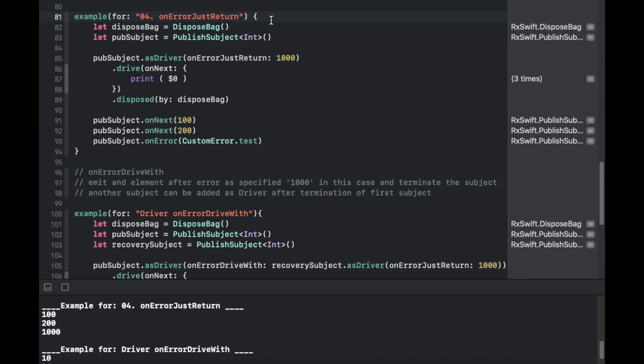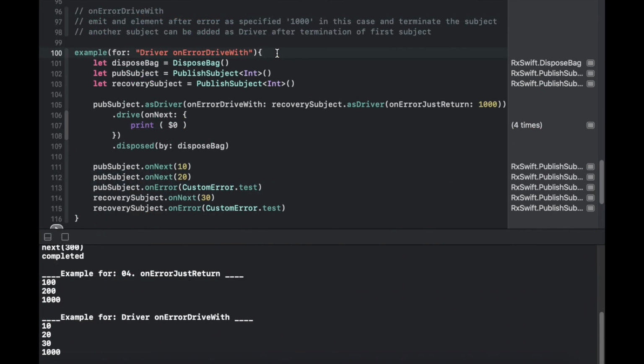If you look into the console for this execution, you can see the emission of 3 elements. 100 and 200 we have already emitted, but at line 93 we emitted an error element, and we have given the condition that whenever an error element is emitted, our observable sequence should emit 1000, and the same you can see in the console result. So it's simpler to understand: you can return any element whenever an error occurs, and then you can use the onErrorJustReturn operator.